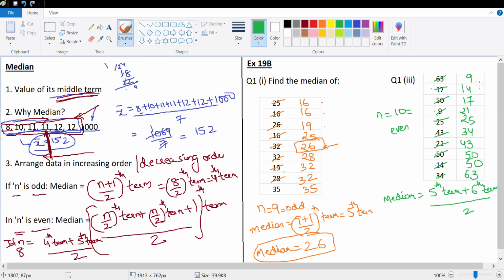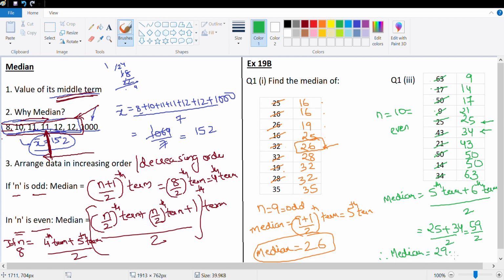1, 2, 3, 4, 5. The 5th term and the 6th term. So the 5th term is 25, the 6th term is 34, so the median is (25 plus 34) divided by 2, which is 59 upon 2. Therefore, median is equal to